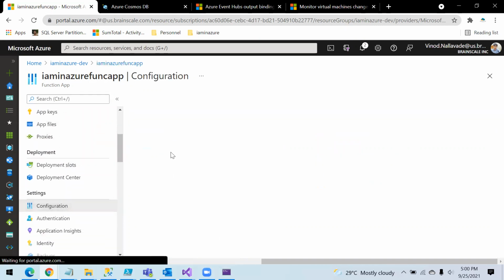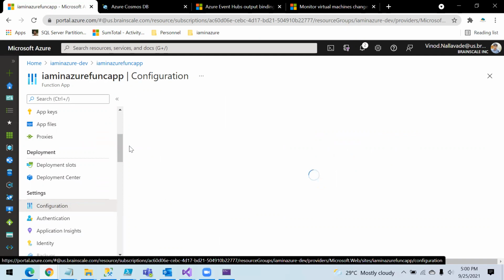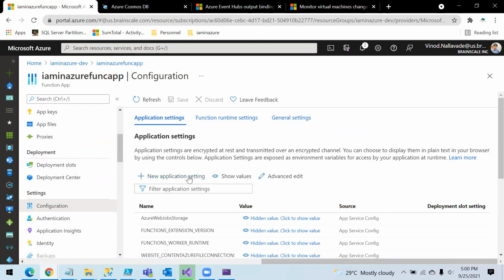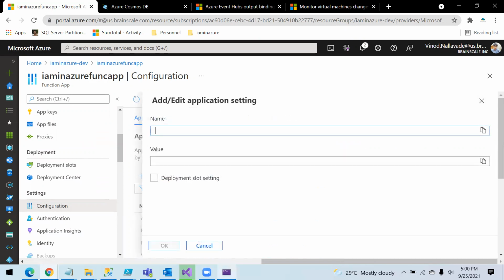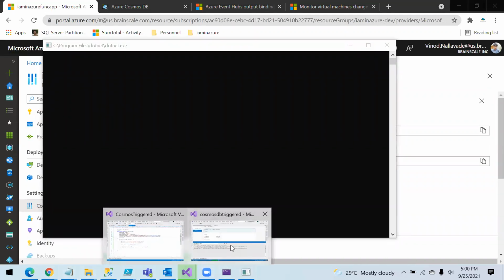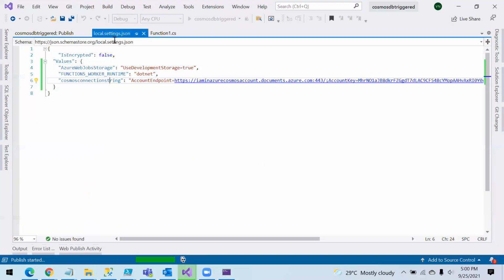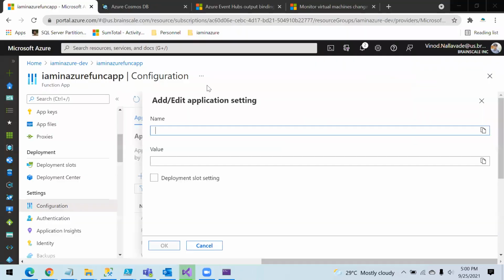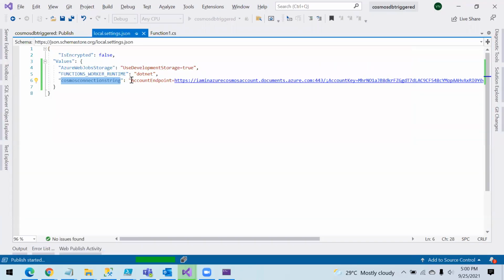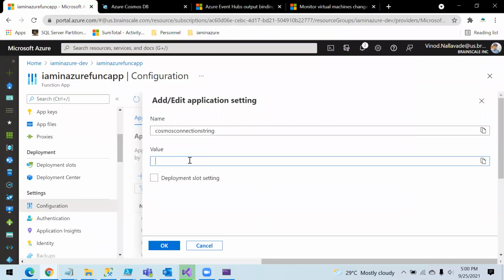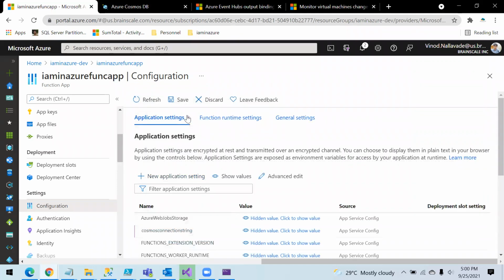So inside configuration, new setting, and we need to create this key value pair here. Then the value. So we have it ready.